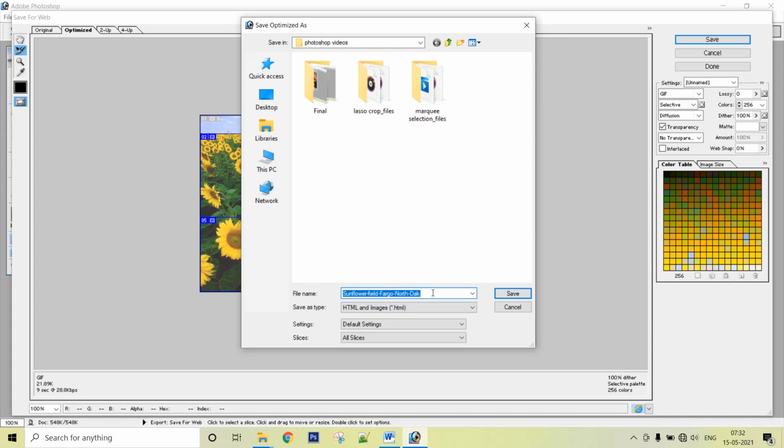Suppose here I give the file name as sunflower sliced, and I define it as HTML and images, and I keep the default settings as they are and save them.